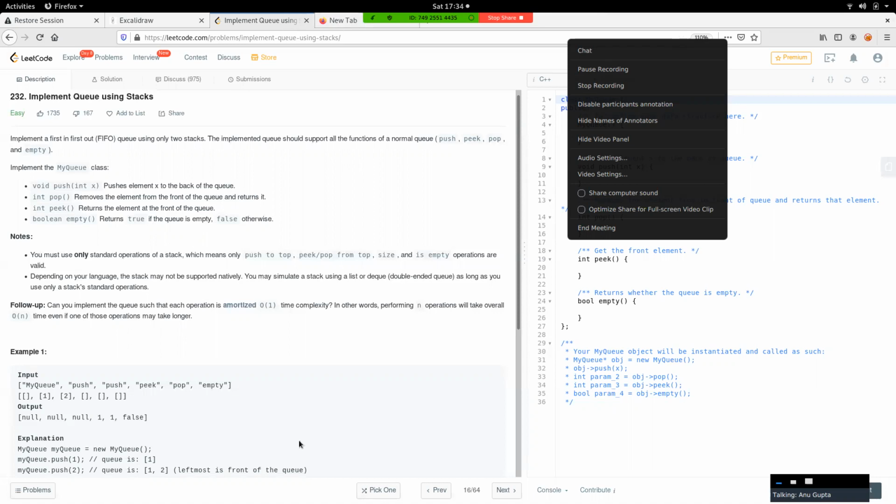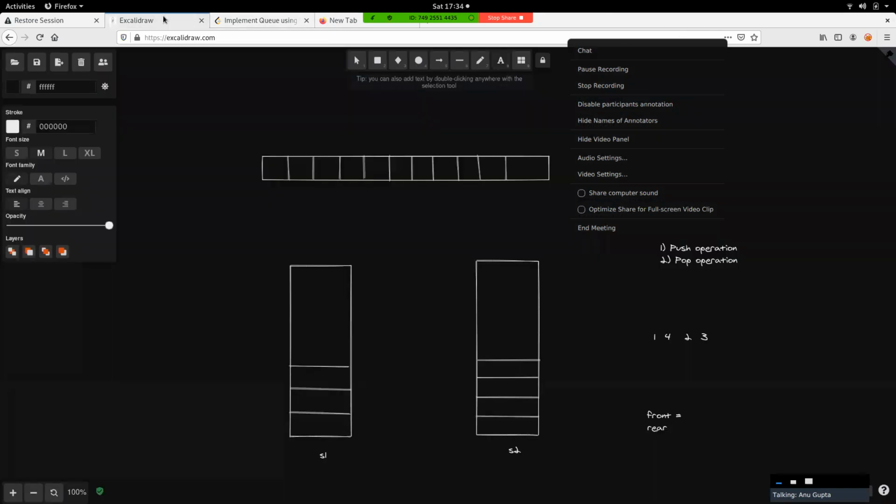Okay, now we'll take up one problem and we'll see how this is working, like how we can have a queue using the two stacks. Now we'll take up one stack that will act as our main stack, and that will act as a queue, and the other one will be our temporary stack that we'll use so that all the operations can be done, like either push operation or pop operations. We can utilize the stack for these two operations, right?